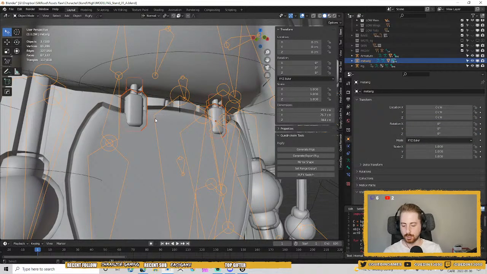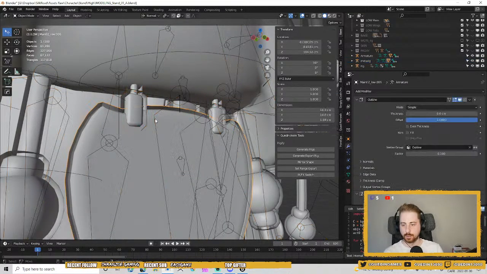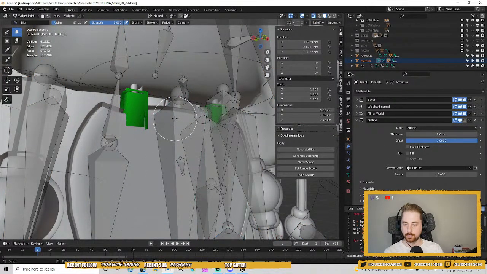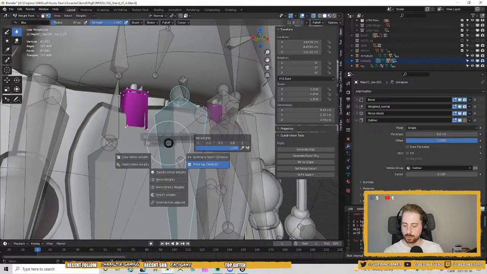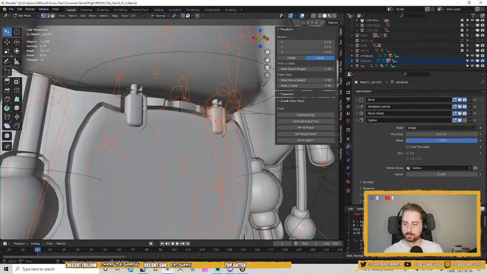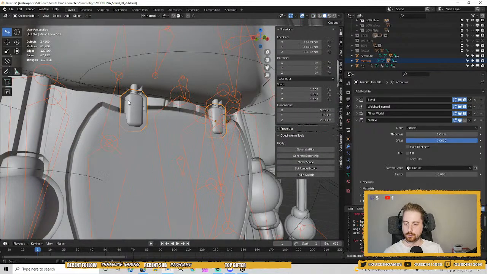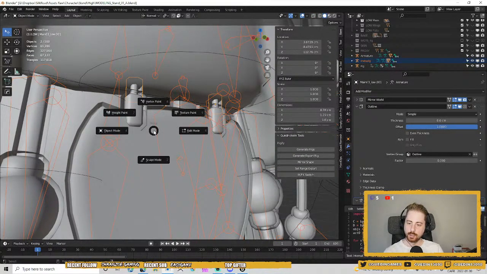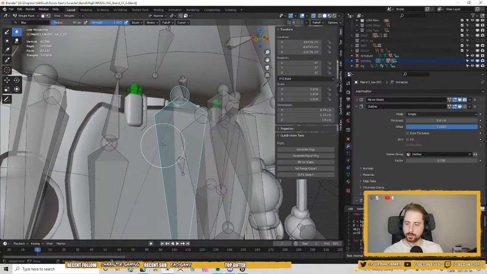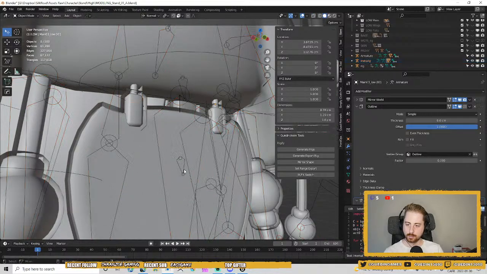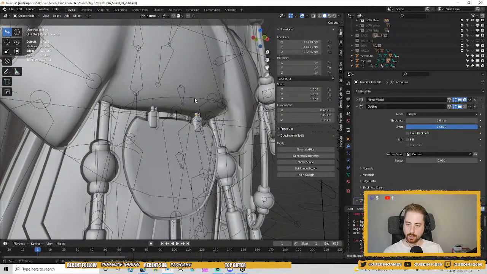Let's do the same thing for those pieces here. I'm going to do an armature deform. Now I can go white paint, select the bone, one, and same thing for you, white paint, select the bone, one. So now